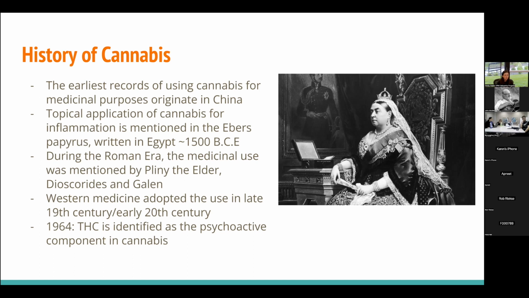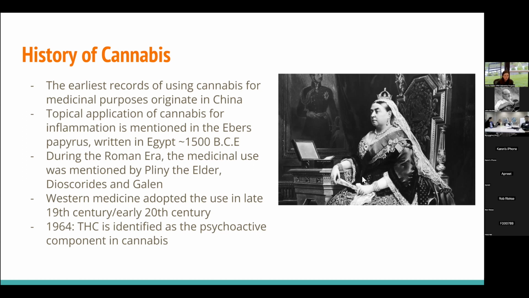Medical use of cannabis was documented during the Roman era. Different philosophers mentioned it, including Pliny the Elder, Dioscorides, and Galen. But Western medicine didn't really adopt the use of cannabis for medical reasons until the 19th century or early 20th century. This is a picture of Queen Victoria